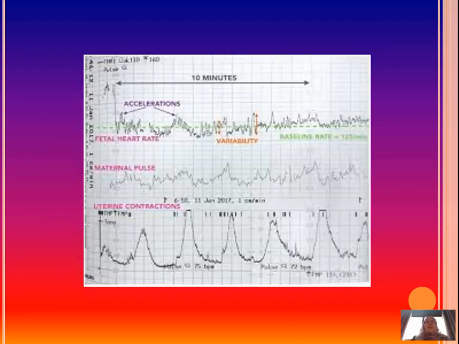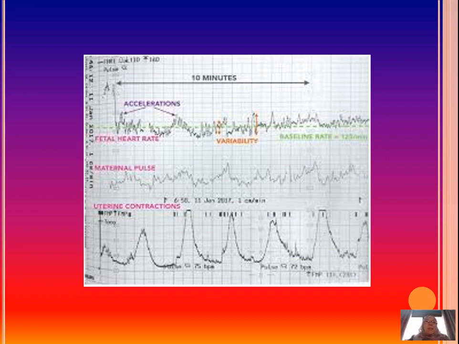So if we look at the CTG, you can see that these different phases are labeled for you. At the bottom, you can see this patient has got contractions, and they do look like regular contractions. You can see even a marking of movement on this CTG, which is not labeled here. You can see a monitoring of maternal pulse. This is not available with most CTGs actually, but it is in this CTG, and it can be helpful,